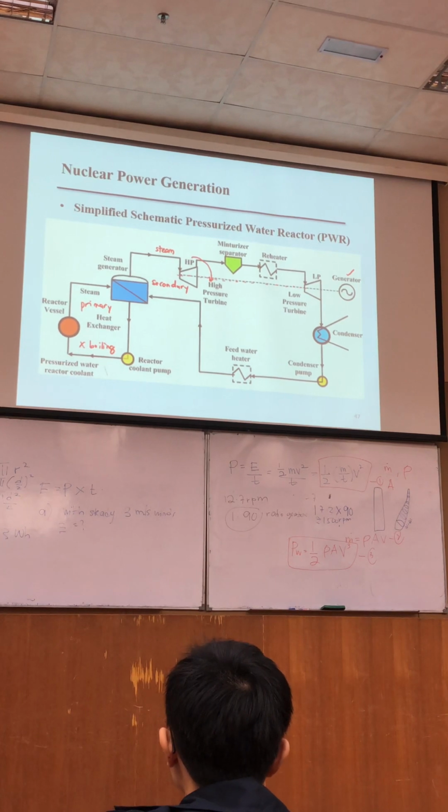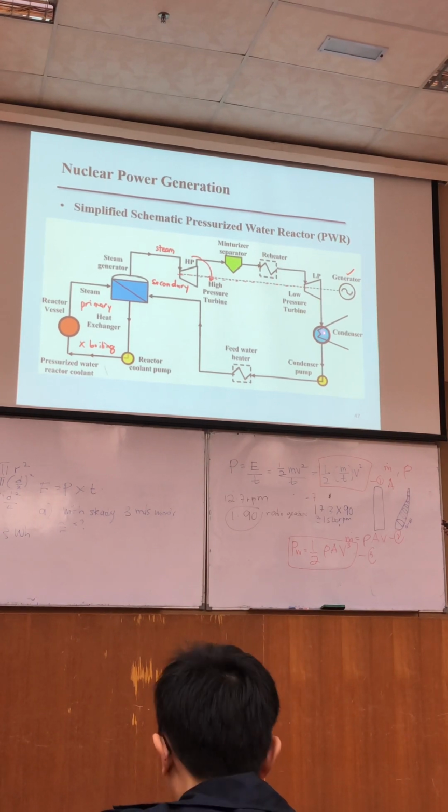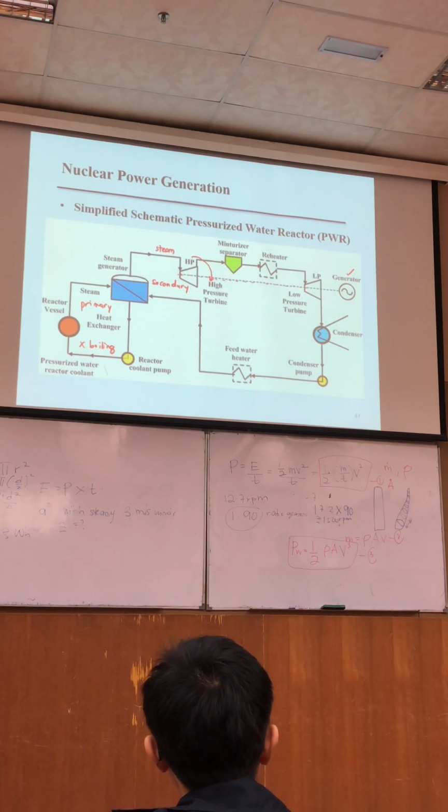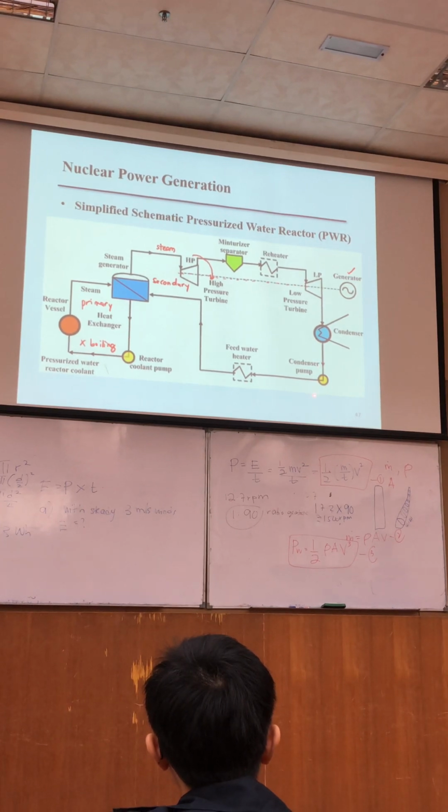There are certain functions that you need to know, like the moisture separator, which removes suspended water particles. The reheater reheats the expanded steam from the turbine. Then going to the condenser, you convert the steam, which is a mixture of water and steam, into liquid in the secondary circuit. So then you have the condenser pump, and then the feed water heater, and go back to the